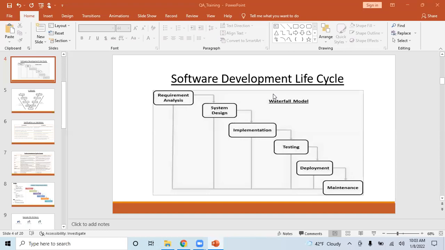Again, there is one term called SaaS, software as a service. So these are basically softwares. Jira and Confluence are basically softwares, right? But with these softwares, you need not install anything. You can access these on the web. When you access a software without installing anything, over a website, on your browser, that is software as a service.